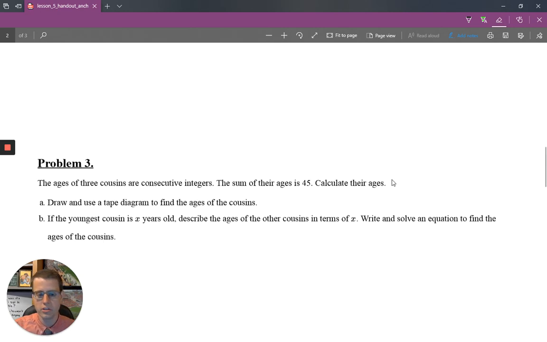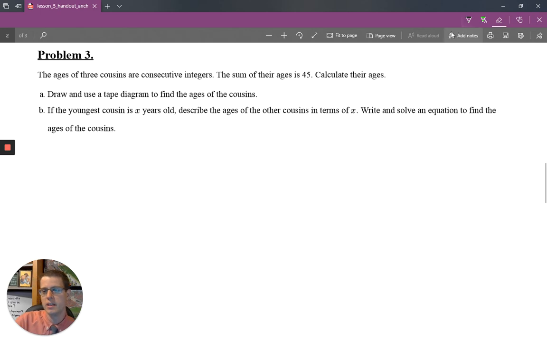Let's move on to question 3, our last question. The ages of 3 cousins are consecutive integers. Now, consecutive integers are things like 1, 2, 3, or 10, 11, 12. Those are consecutive integers. Calculate their ages. I'm not going to worry about the tape diagram right now. I can. Basically,